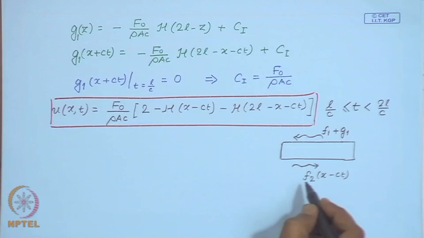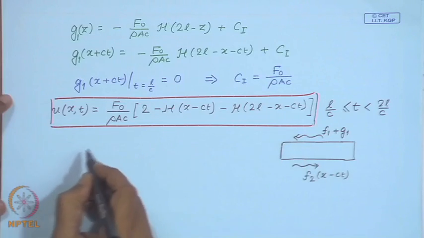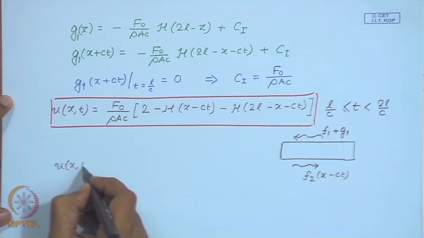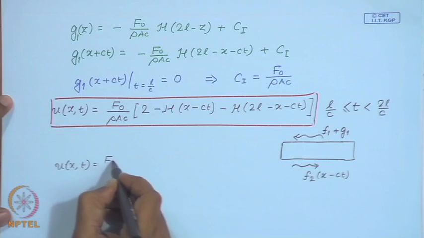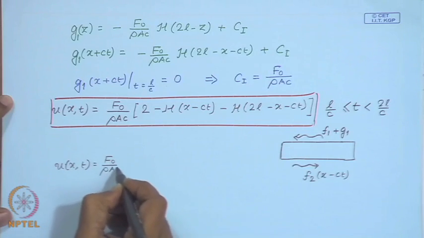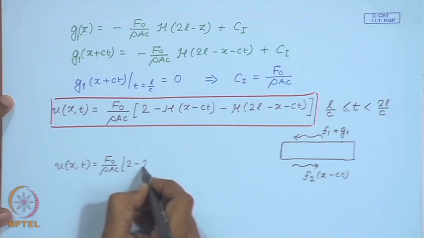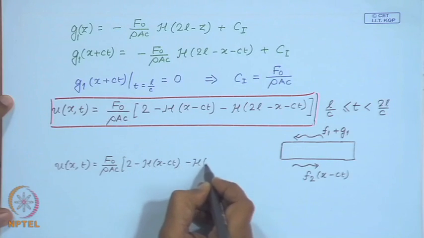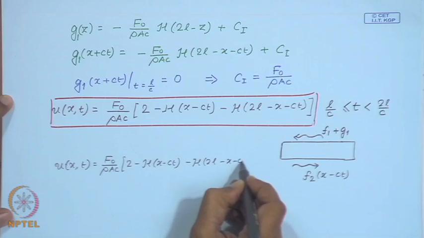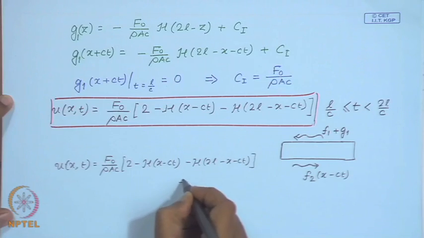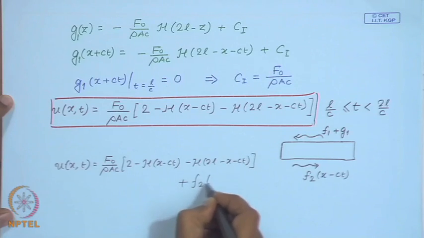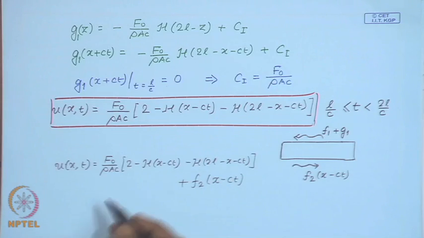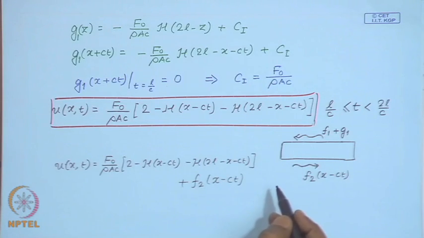So, once again you consider this solution plus f 2 of x minus c t. And when you do these calculations,